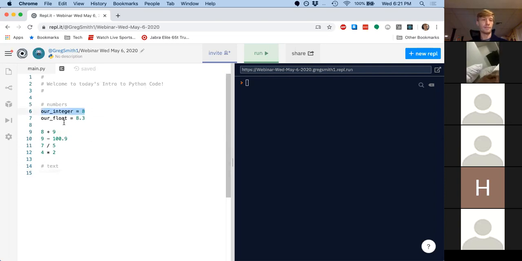If you look up here, right on line 6 and 7, I actually use what's called assignment to a variable name, which basically says, I'm going to make up this name, and I'm going to put a value in it. Here it's 8. 8 is the value, and here 8.3 is the value. What this basically means is that now I can use this name to refer to whatever value I stored. And obviously this isn't incredibly useful right now. I could always type 8 anytime I could type our_integer. It would be faster. But later on we'll see that it can be a little bit more useful